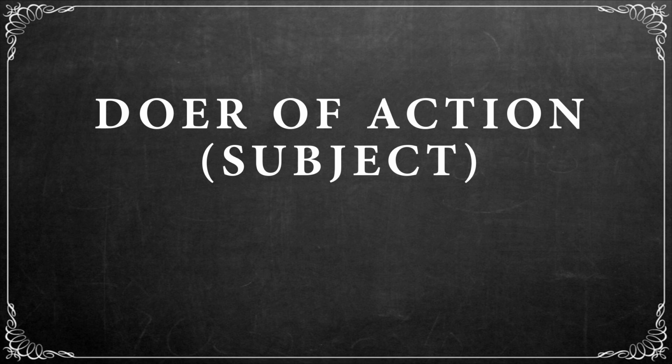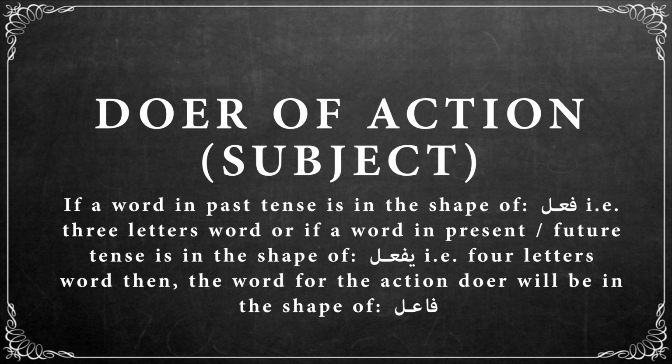But what do we call the one who is doing that, and how do we call or pronounce it? If a word in past tense is in the shape of فعل, that is a 3 letters word, or if a word in present tense is in the shape of يفعل, that is a 4 letters word, then the word for the action doer will be in the shape of فاعل. For example,